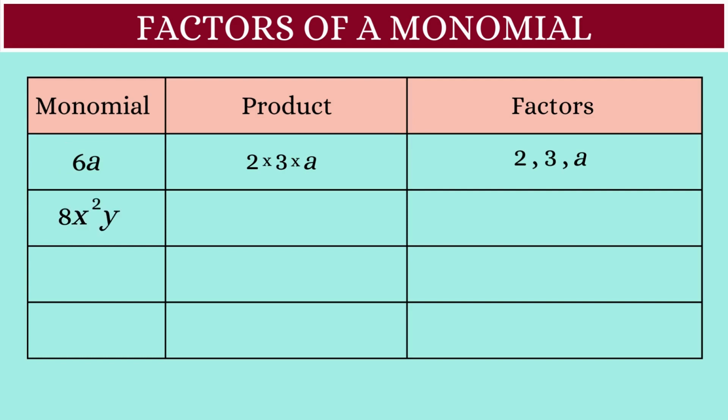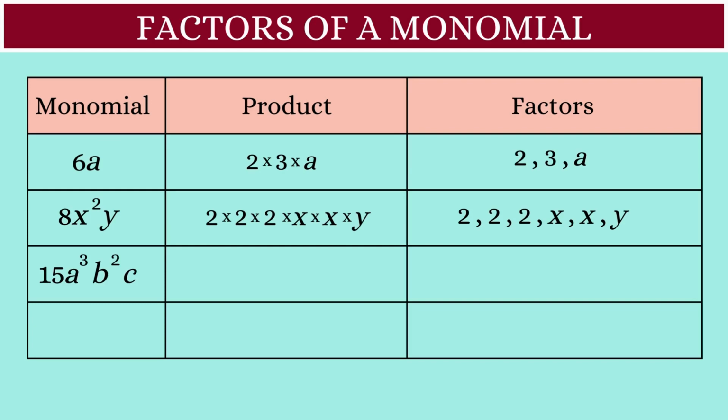8x square y. This expression can be written as 2 into 2 into 2 into x into x into y. So the factors of this expression are 2, 2, 2, x, x and y. Next example,